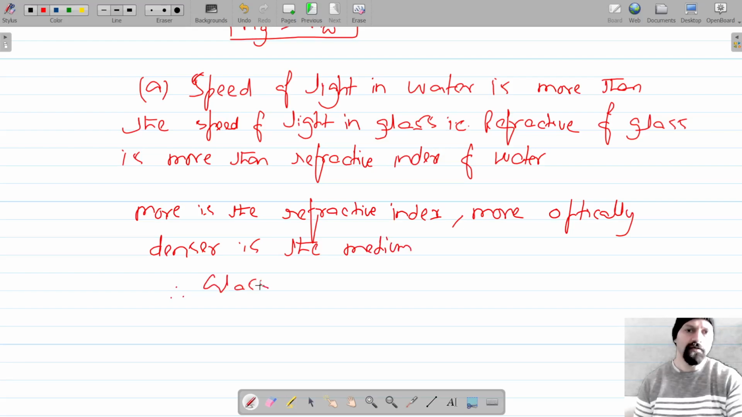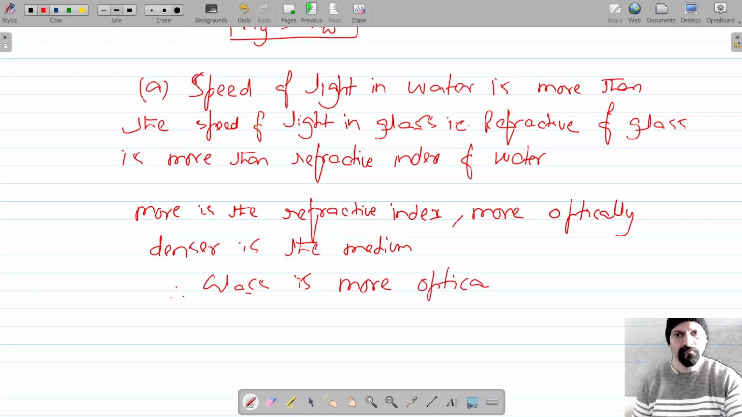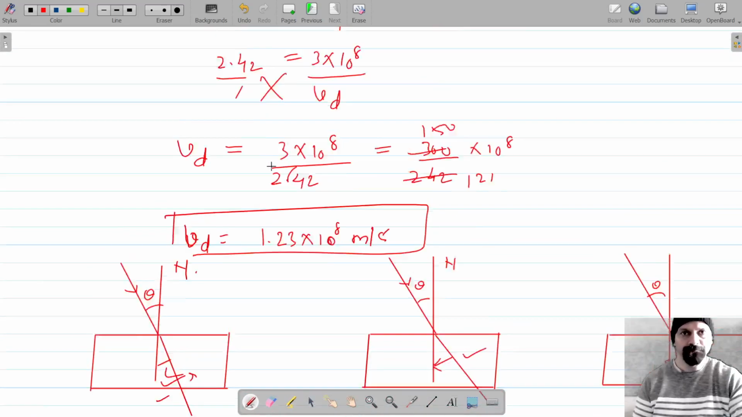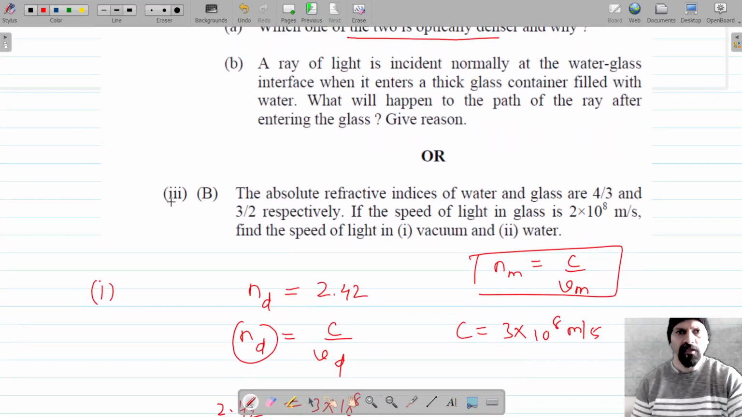Therefore, glass is more optically denser than water. Okay. Now for the next one, it's given that a ray of light is incident normally at the water glass